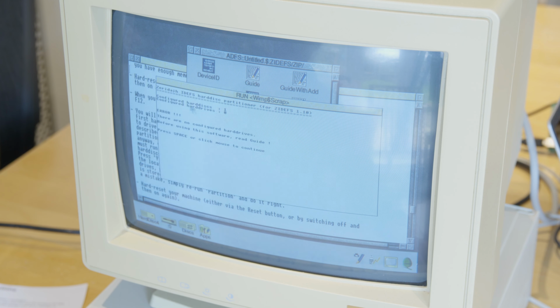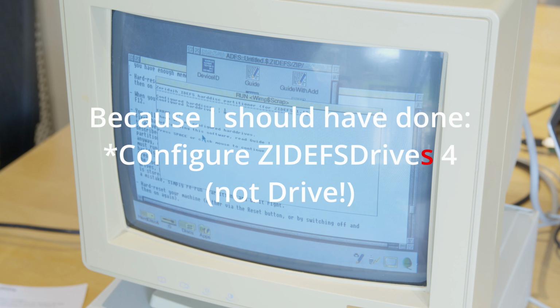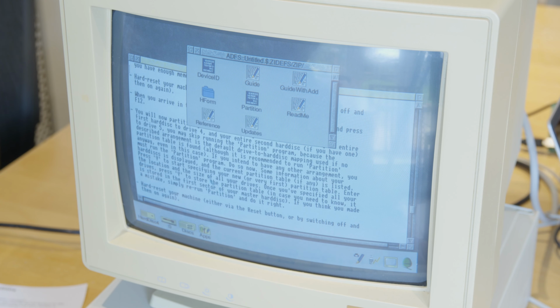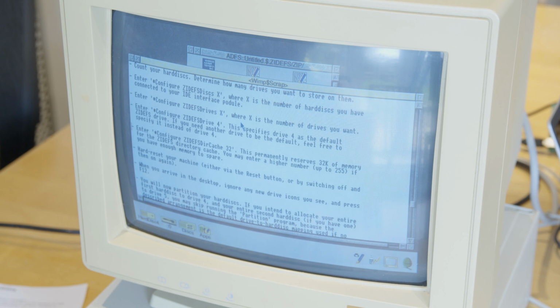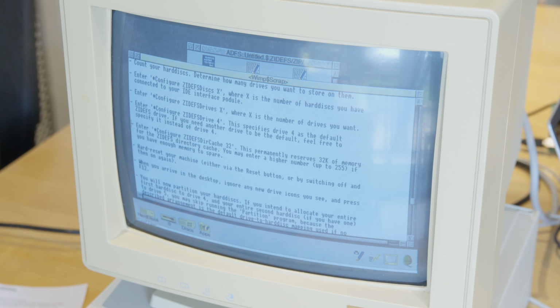Aha! Configured hard disk 1, configured hard drive 0. There are no configured hard drives. Before using the software, please read the guide. Well, I thought I did that. Maybe we need to do the configure again. Let's try that. Configure